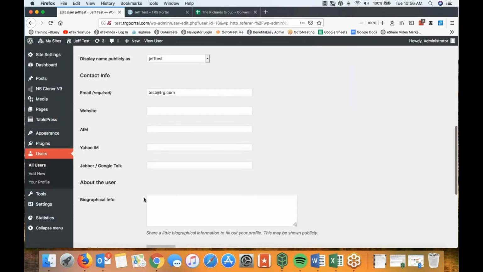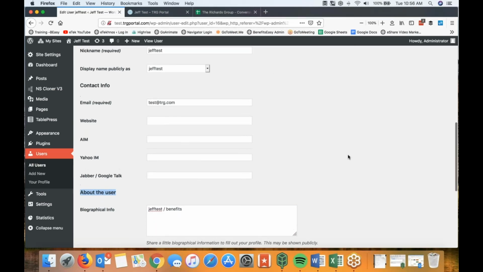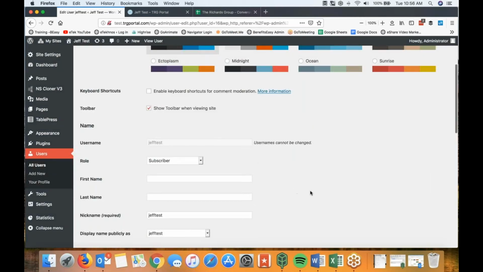We also literally, if it's client name benefits, we generally remember that stuff, right? But we still go and type it in right here. So while you're in the system and somebody goes, hey, I need this login, or I can't remember what the password is, it's always a reference even in the site. So that way maybe you don't need to go to your spreadsheet and open it up every time. But go through that username